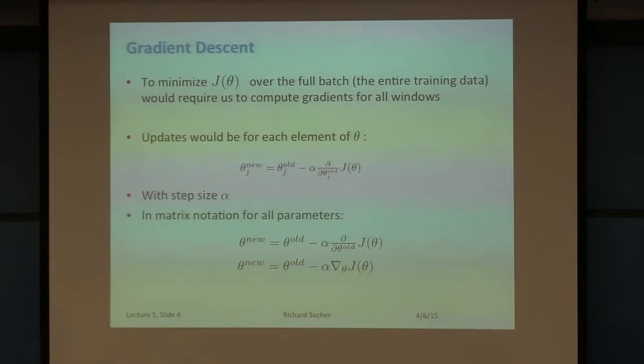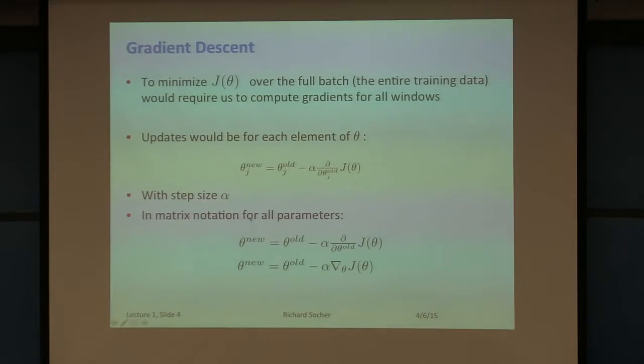To minimize this function overall over the full batch, so the entire training data, would require us to compute the gradients for all the different windows that we have and then sum them all up. That would then result in the updates for each of the elements of our vector theta, which now includes as its sub-elements all the vectors of the words. And so the way we do this update is for every jth element of that general vector, we compute the new version of that by taking the old version minus alpha. This is our step size,